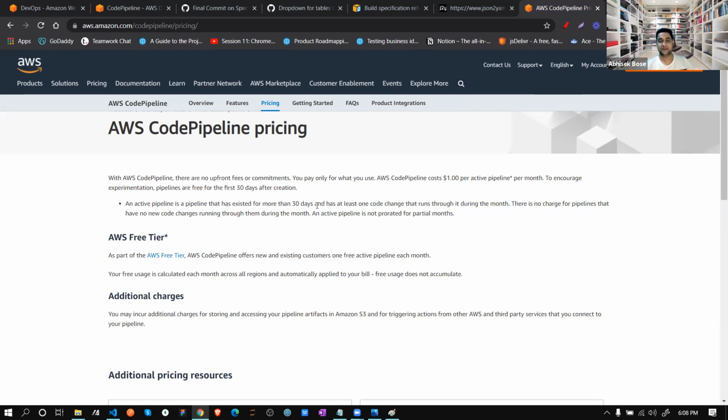Now think, if you are implementing through Jenkins, Jenkins is a very good product. I'm not saying anything negative. Very good product, but it will ask you for some money each and every month. But with this one, if you are not using it, there is no money. If you are using it, based on what you use, they will calculate the money. If in a single month there is no deployment and you are not creating any pipeline, that means there is no cost. If anything is happening in that pipeline, then only the cost will be there.